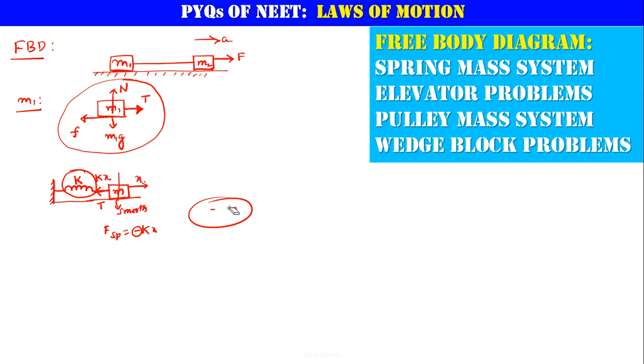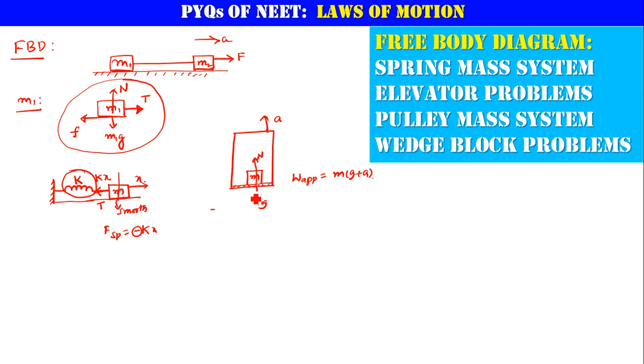And now what about elevator problems? Let us say there is a lift here, and in this kind of problem suppose the lift is accelerating upwards. There is a weightless weighing machine fixed here, and there is a mass M. What will be the apparent weight for this body? There will be mg downwards and normal reaction N upwards. This normal reaction is nothing but the apparent weight of this body. So once it is going up, the apparent weight will become m into (g plus a).